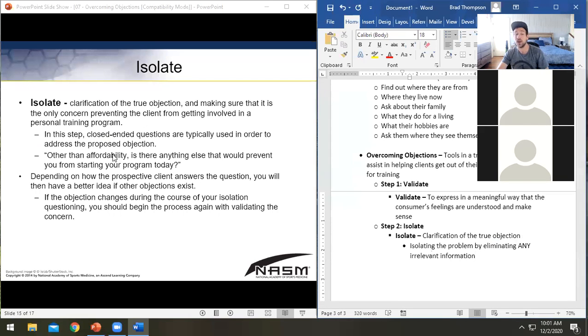So in this step, you actually want to ask some closed-ended questions. I kind of like this part because it sort of breaks our rules from yesterday. We talked about only asking open-ended questions. Well, closed-ended questions are actually a very helpful tool if they're used the right way. So ask a closed-ended question in order to get a very clear objection to the one thing that you're asking, right? So you're not going to ask an open-ended question like, so you're a little nervous about signing up for training. Because then they're going to say, yeah, because, and it's a long one, right?